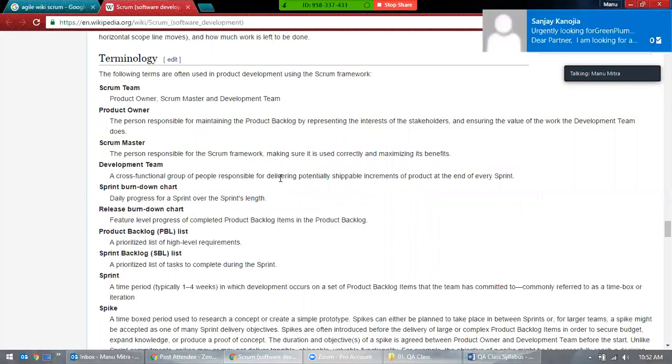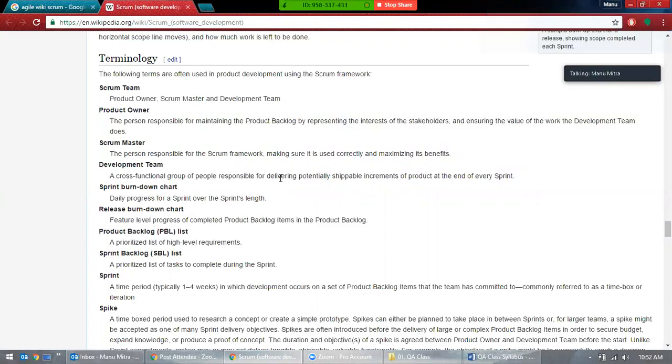We don't know how many sprints it takes. We don't know how many buttons it will take, how many images, how many characters, and so forth. How many web pages? It's too much. So that's called the product backlog. That means it's a very high level requirement. Product backlog is something which is very high level requirements. It can be as simple as a one-line statement.